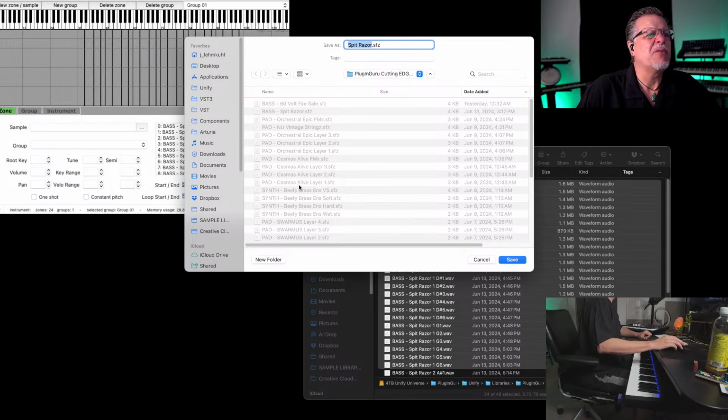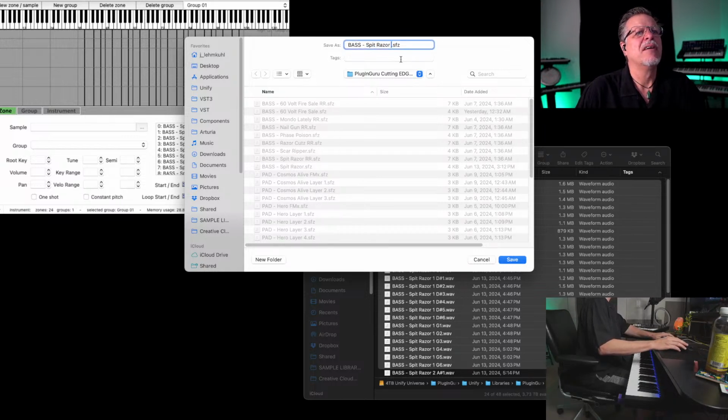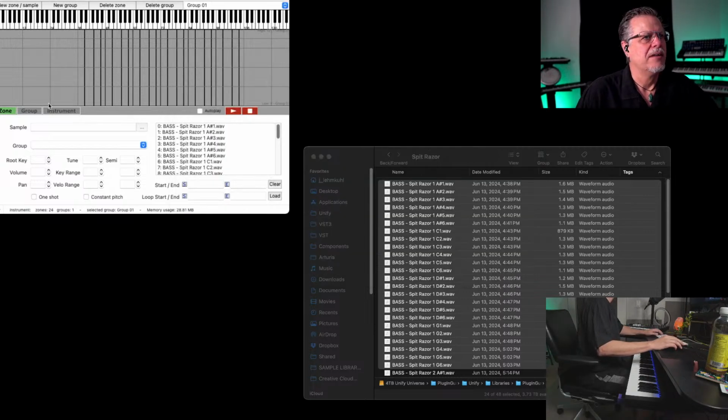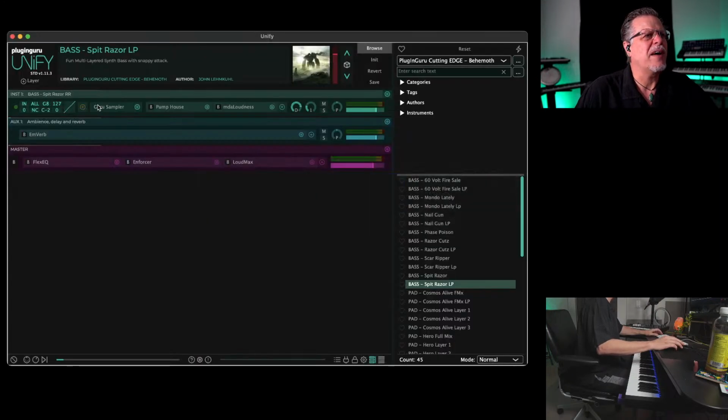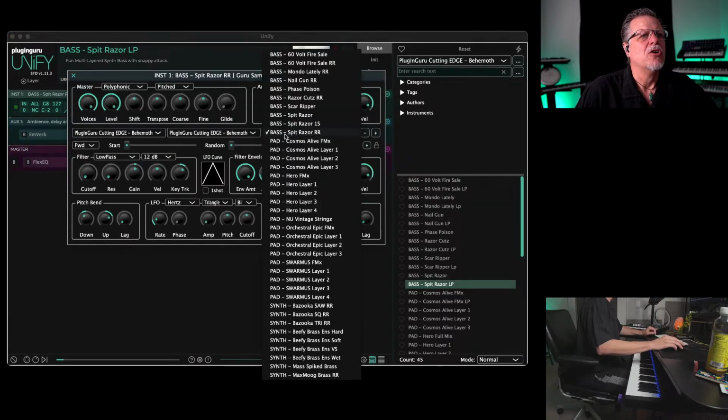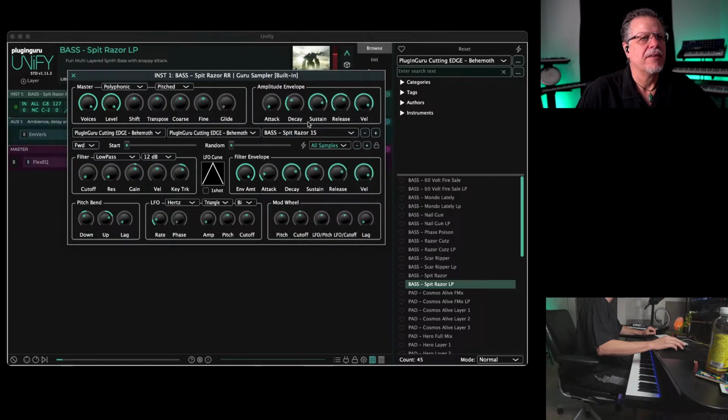And this is Spit Razor. So we come down here to, let's go alphabetically, Spit Razor. Let's take off the R and say one shot, 1S. Save. It's not technically what a one shot is, but close enough. Okay, so now if we go back over here to Unify and we open this up, you will see we have the one shot. So if I'm playing,